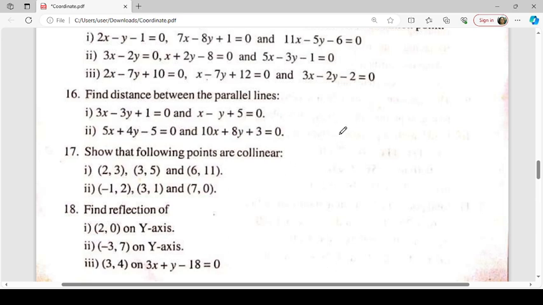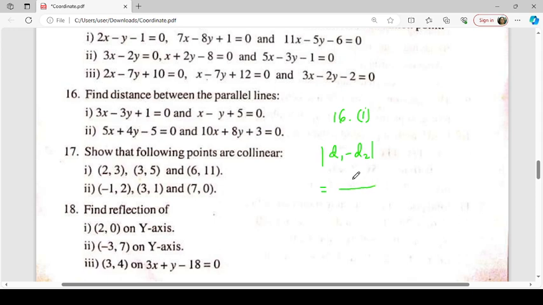To find the distance between two parallel lines, what we do is, these are parallel lines because m is the same. Here m is 1, and here also m is 1, so they are parallel. So we can take any point on this, or we can write the distance between parallel lines is modulus of d1 minus d2. So d1 is